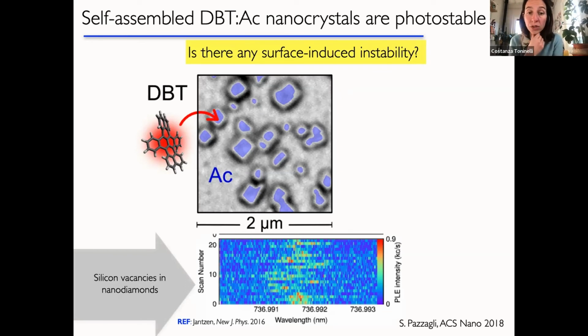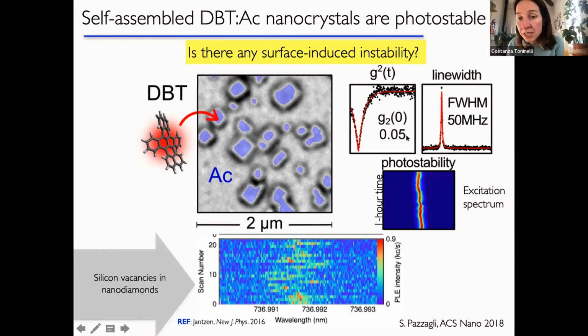And that was not obvious because if you consider, for instance, silicon vacancies in nanodiamonds or in general quantum emitters in nanocrystals, they typically suffer from spectral diffusion. The reason is that your quantum emitter will be very close to the surfaces, and surfaces are typically a charged environment which is not quiet. So, for the same Stark effect that I mentioned earlier in the talk, this charge noise is translated into spectral diffusion of your zero phonon line,